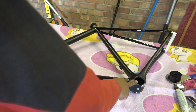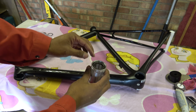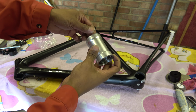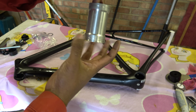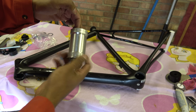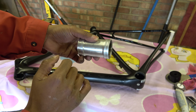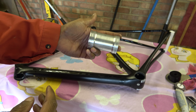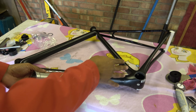Now the bottom bracket, which is here, if I spin the drive side, you probably can't hear it. If I spin the non-drive side, it sounds gravelly. So there's your first clue. The next clue is, if you look at the striations on the bottom bracket, we've got heavy marks on that side, none on this side. So if you then look at the bike frame,